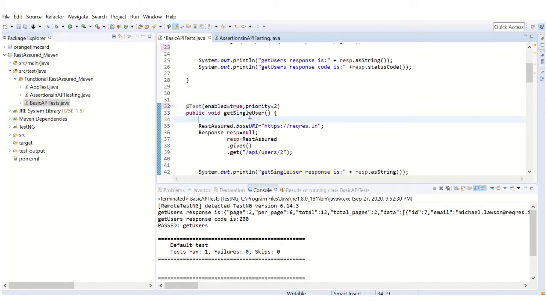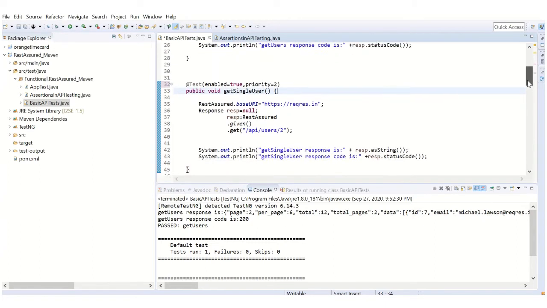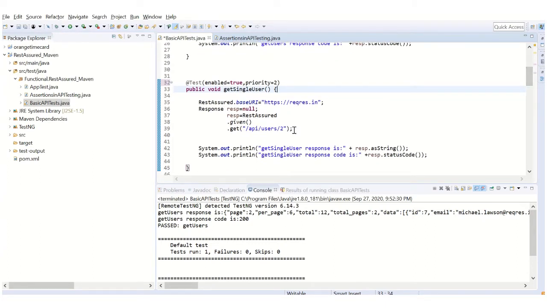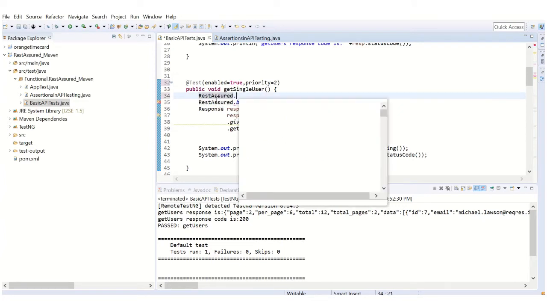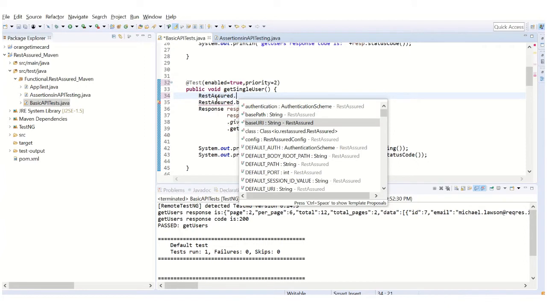Okay, this is another get request. In fact, this has been prepared in a different way. Like we see, RestAssured has access to many different methods, right? So this has access to the base URI method, which will store or instruct RestAssured that this is the base URI which needs to be invoked when you send a request. So that's what it is going to tell.